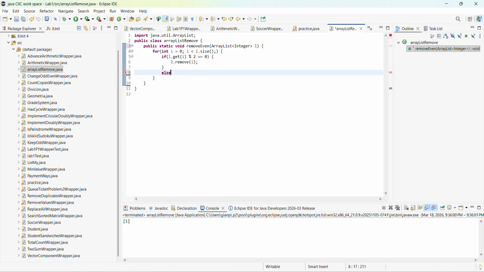And this one is else, and then our else is going to be our increment, just to not skip stuff. So that else will wait until we remove it, and then it will move properly. Now there we go. We have it basically done,